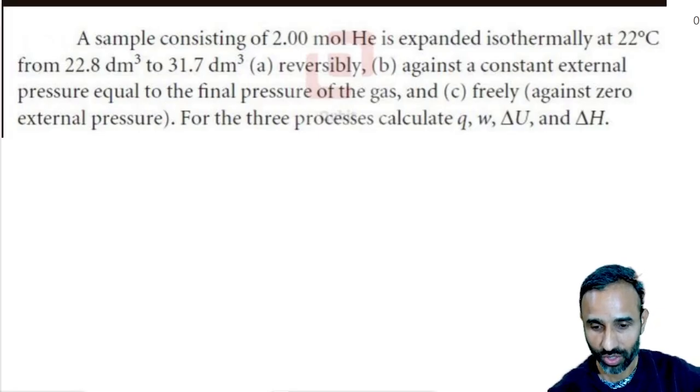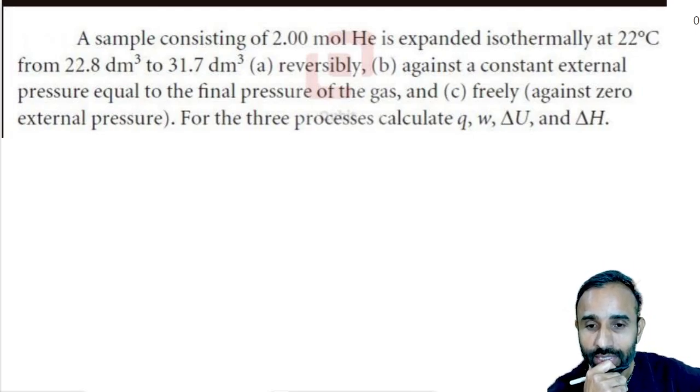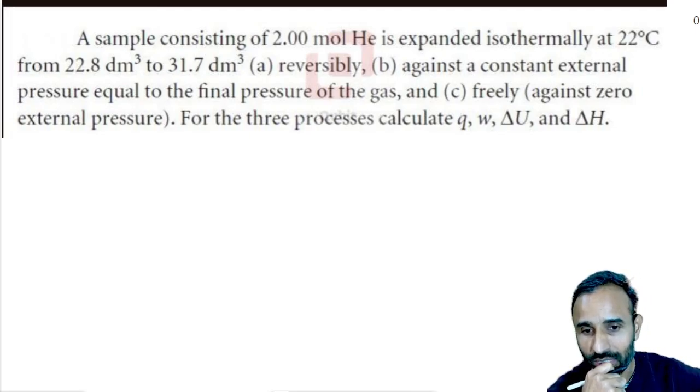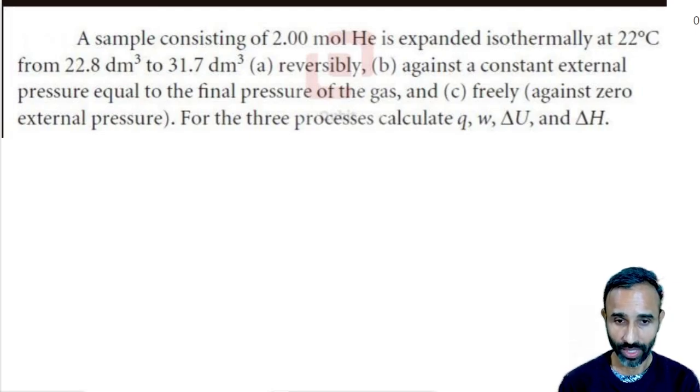So the question is, a sample consisting of 2 mole helium is expanded isothermally at 22 degrees Celsius from 22.8 decimeter cube to 31.7 decimeter cube. First, reversibly. Second, against a constant external pressure equal to the final pressure of the gas. And third, freely against 0 external pressure. So for the 3 processes, you will calculate Q, W, delta U and delta H. Okay. Now the first case is